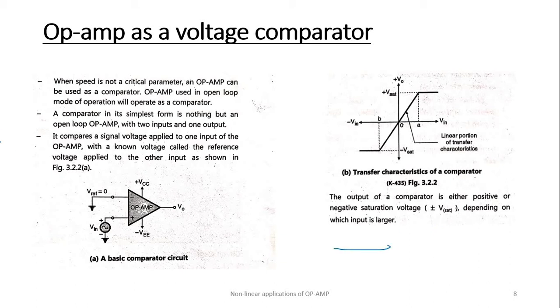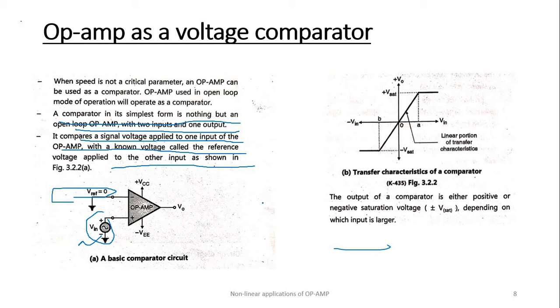A comparator in its simple form is nothing but an open loop op-amp with two inputs and one output. It compares the signal voltage applied to one of the inputs of the op-amp with a known voltage, called the reference voltage, applied to the other input. Here this is the reference voltage, which is applied at the non-inverting terminal, and this is the applied voltage. The output of the comparator is either positive or negative saturation, plus or minus V saturation, depending on